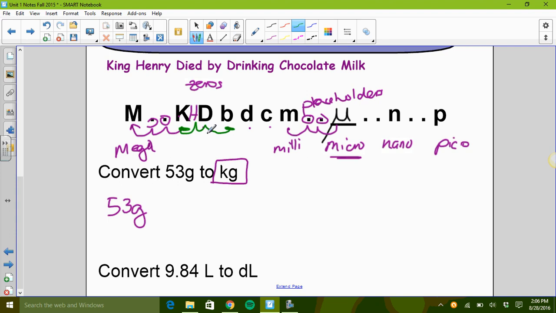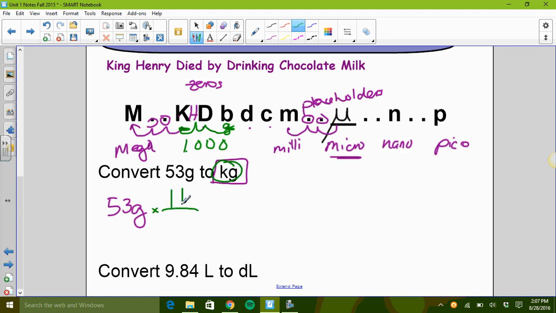Well, that makes sense. But what we can do is say the difference is 3 spaces, 1, 0, 0, 0. And these numbers correlate with each of these letters. There's 1,000 grams, which is what base represents, in a single kilogram. So what you do is you simply write that as a ratio. I'm going to put times the ratio, but I need to do this so that in the end I get kilograms on top, and that's the unit I'm looking for.